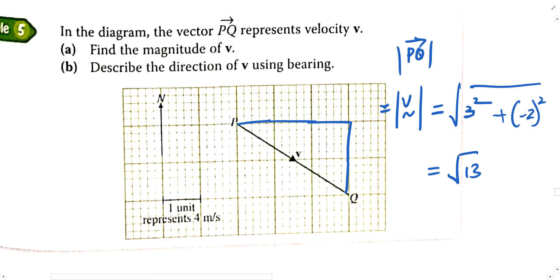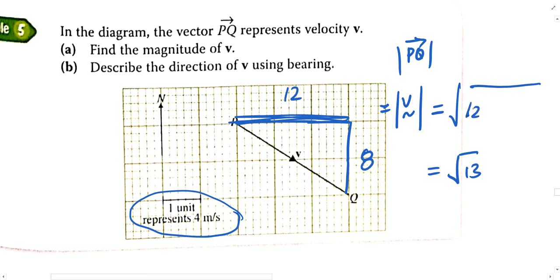Then all wrong already. Magnitude will be positive. Magnitude doesn't have a negative. So what's wrong? Do you see it already? Look, 1 unit represents 4 meters per second. Right? So, how many units do we have over here? 3, right? So this represents how much? 12. This represents 8. So it should have been